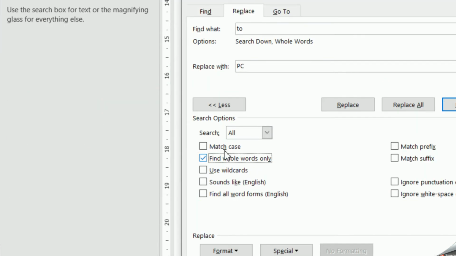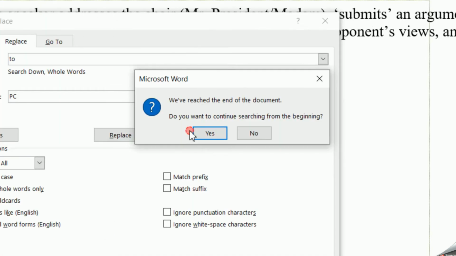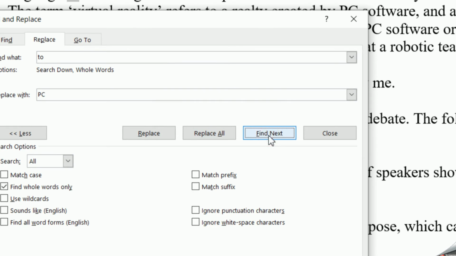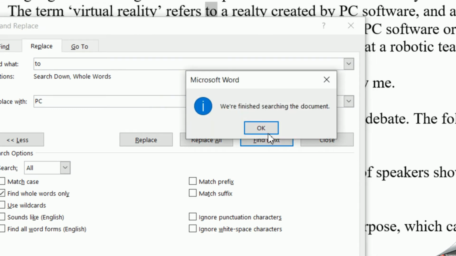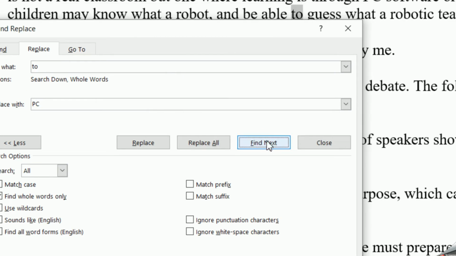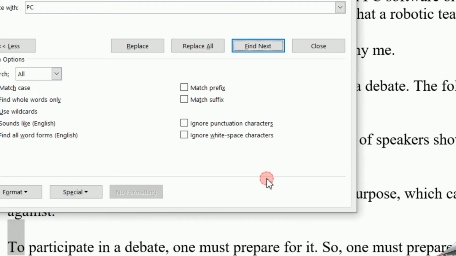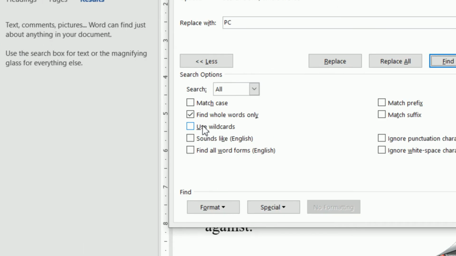If I click on Find Whole Words, it is going to only look for those words where "to" appears as a single word. So this will not highlight topic anymore because we are looking for whole words. Now there are other options also which would be explained in the subsequent videos. These other options are not that necessary over here.